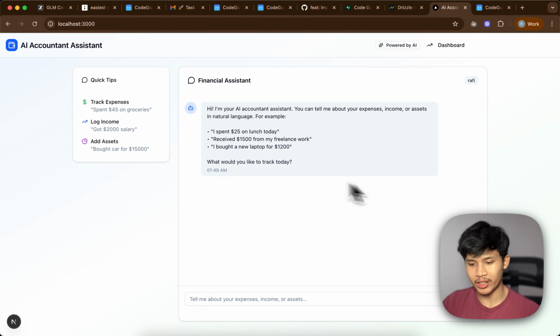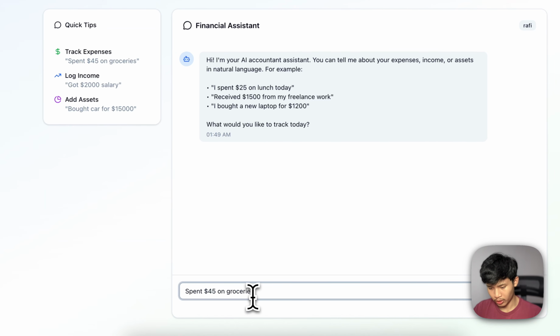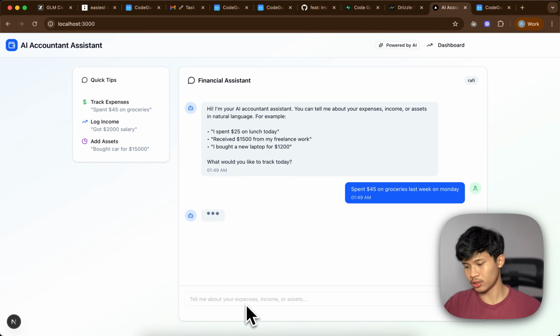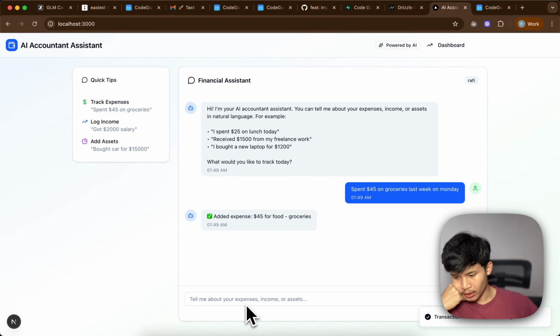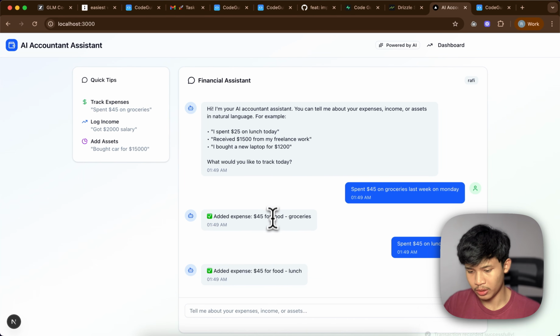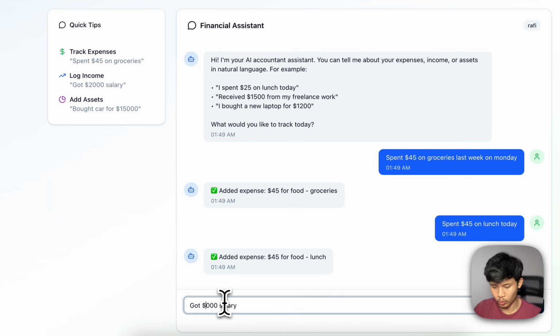Now let's test it out if the function calls work and it is able to successfully submit to the database. Let me just do this and tell it the time was last week on Monday. See if that's working. All right, nice. And what if I say lunch today? That should be good. Okay. And for the income, let's do this, but it is 1K